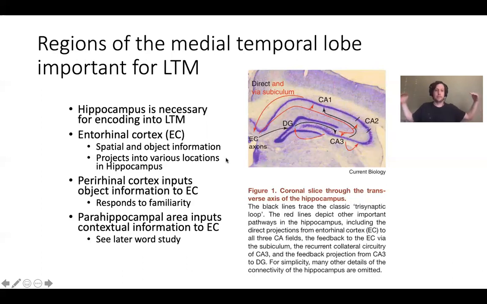Information goes from parietal cortex and parahippocampal cortex to the entorhinal cortex. And then the entorhinal cortex sends the information up into the hippocampus. But then the hippocampus is sending information back into the entorhinal cortex, which is then presumably influencing the way information is filtered back into the hippocampus. So there's definitely a bidirectional thing going on. Information is going into the hippocampus from the EC, but then information from the hippocampus is going back into the entorhinal cortex. That's the loop which is being talked about.